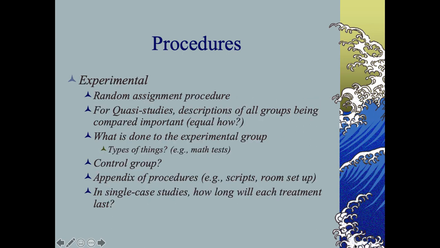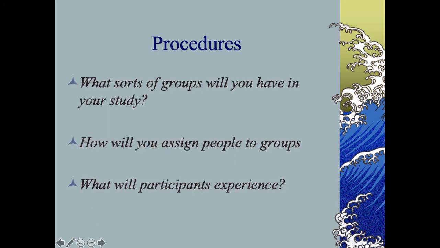And for experimental, a little bit more difficult, right? Of course, if you're manipulating some variable or giving people some treatment device, you want to think about who you're going to control that to, who you're going to compare that to with like a control group, how you're going to randomly assign people to groups. There's a lot of considerations there, even for smaller studies, but detailing that, giving stuff in the appendices is nice to describe the different manipulations or different scripts or things that people will see. Even different methods of tracking people's Instagram history or manipulating what they see would be nice to be detailed somehow. Anyway, so think about how you're going to do this, right?